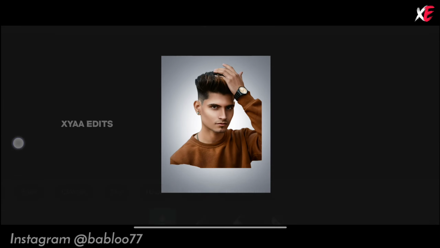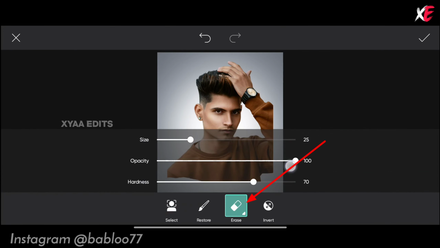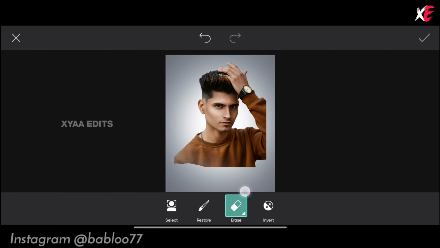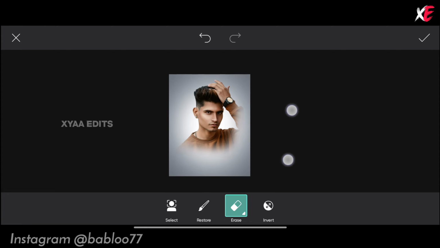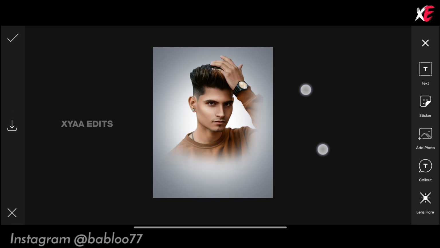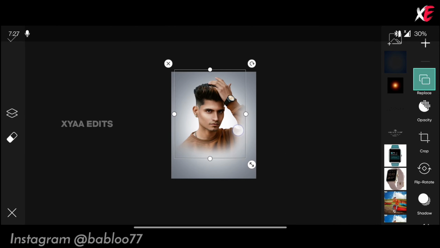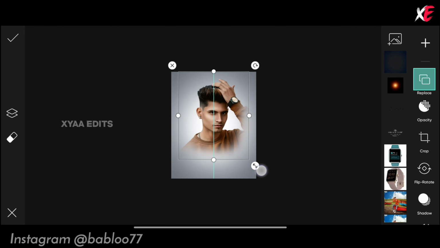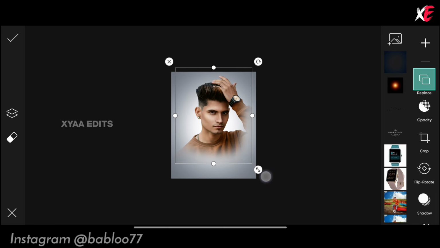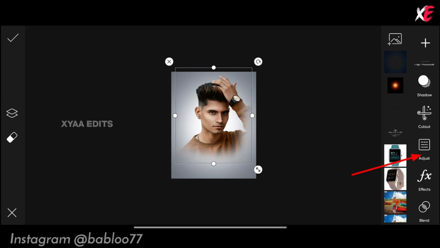Now tap on eraser, tap on erase, keep the size like this. Now erase on the border portions like this. Perfect. Now tap on tick. Now we have to arrange it perfectly in the center like this. It is perfect. Now go to adjust,